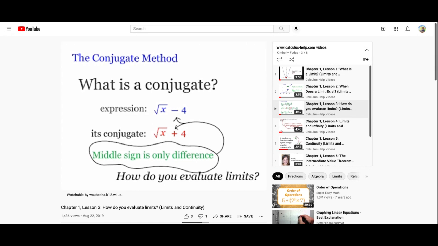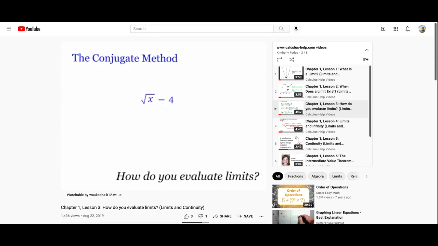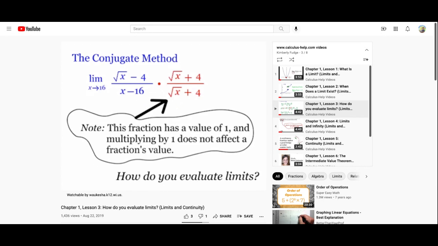Now, what if you see an expression like this in a limit problem? For example, this limit problem. The limit as x approaches 16 of the fraction, the square root of x minus 4, divided by the quantity x minus 16. Well, what we'll do is multiply the top and the bottom of the fraction by the conjugate of the radical expression, which, as we said, was the square root of x plus 4. Now,